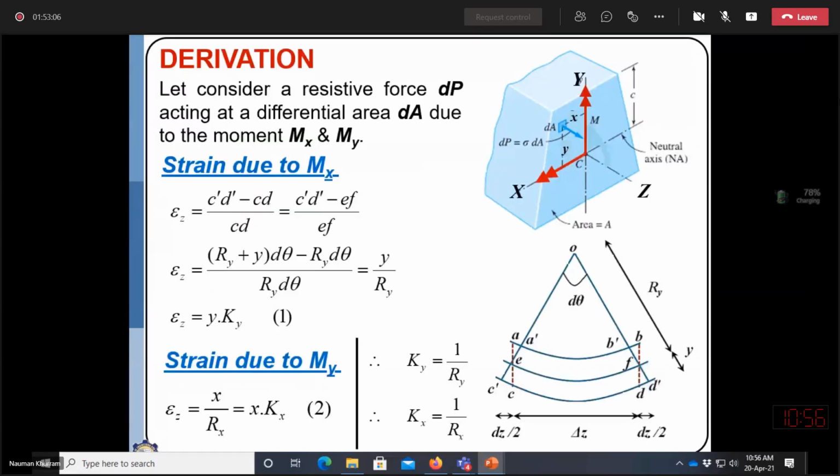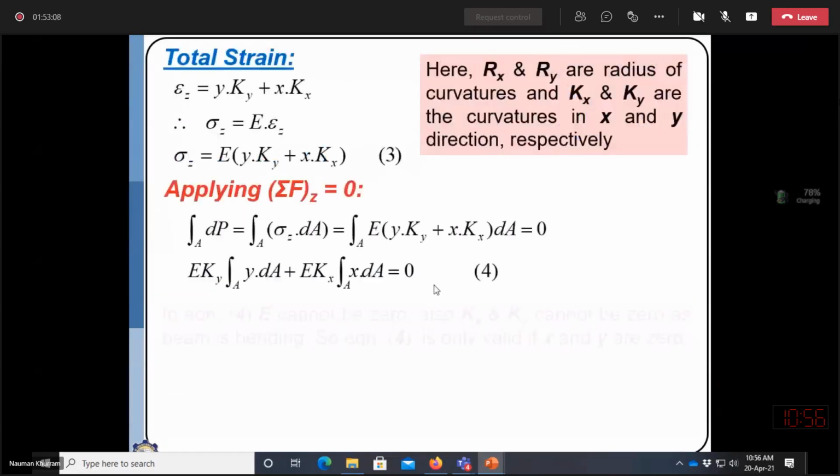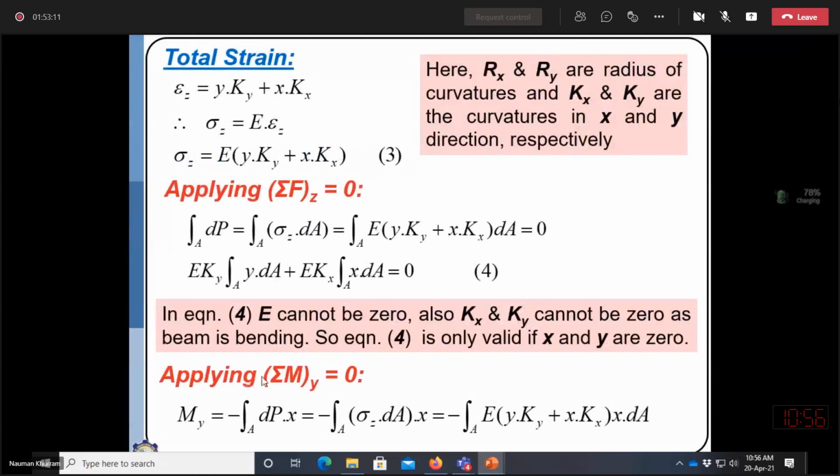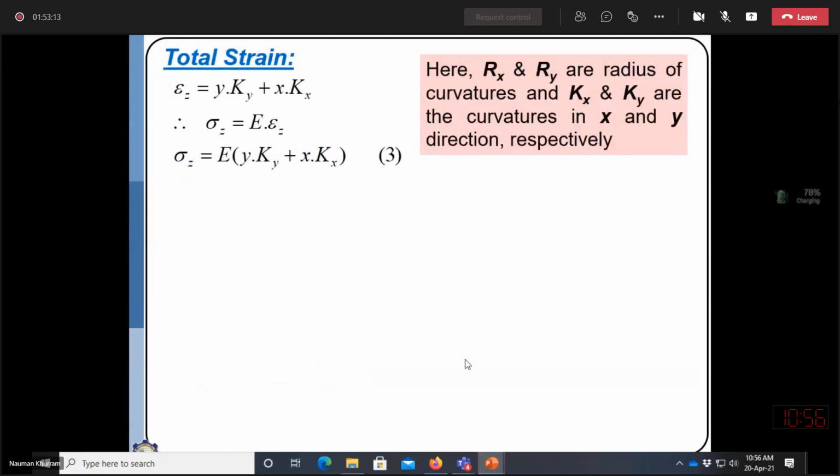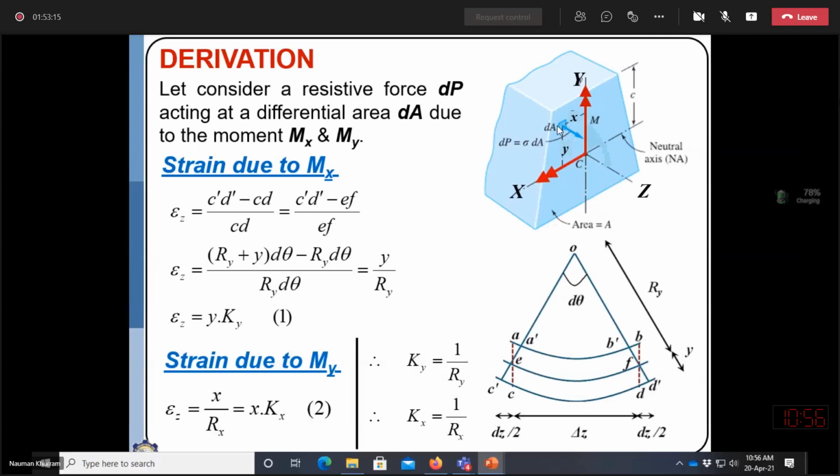Similarly, we can take moment about y-axis equal to 0. So if we want to take the summation of moment about y-axis, the moment of this force dp about y-axis, the moment arm will be x, dp into x, and that summation must be equal to